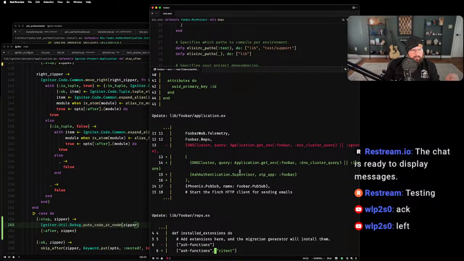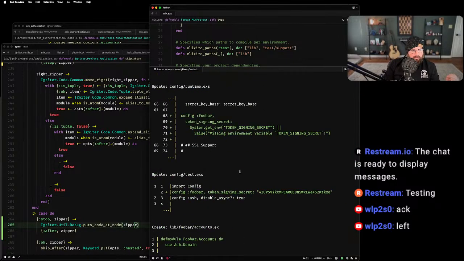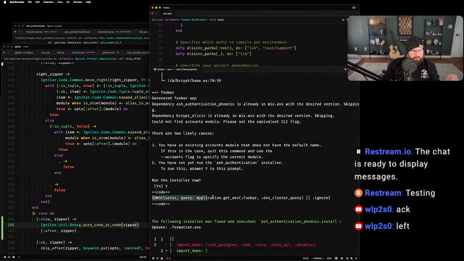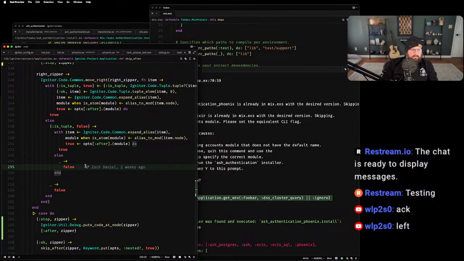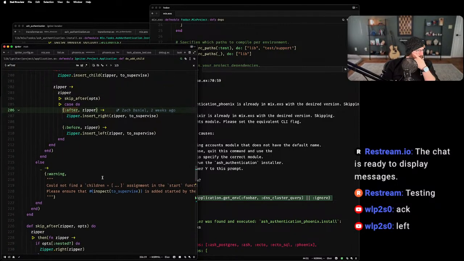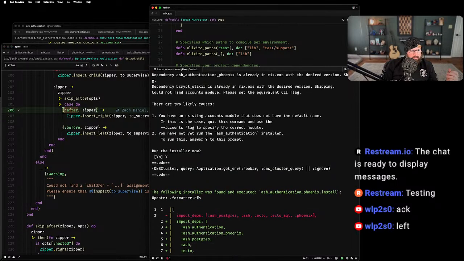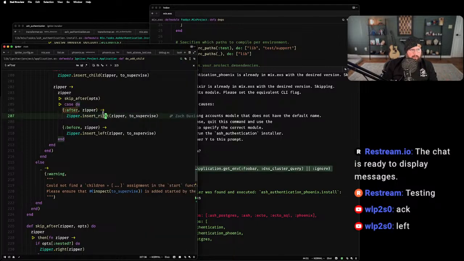Yeah, so when I look at the last code that we print out, oh my god, that's a lot of stuff. So we're okay. Yeah, I guess. Why isn't that really working actually? So if I go back up to here, we say zipper.insert right. That should be insert right, I believe, should be the way to do it.